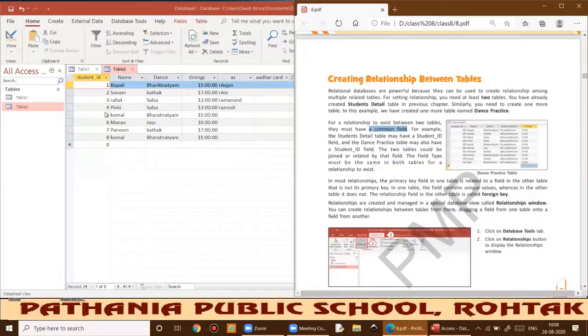So if I'll not use this roll number, then I'll not be able to identify which Komal I am talking about. So if I say roll number 5, then there is no confusion that this Komal has to come or this Komal has to come. Only this Komal will come, right? So this is the particular field that is helping me in identifying Komal. Komal is a particular record in the table. Okay, so if I need to identify this record in the table, then I must have at least one field inside the table that helps me in identifying the particular unique record in the table. I hope it is clear to you.